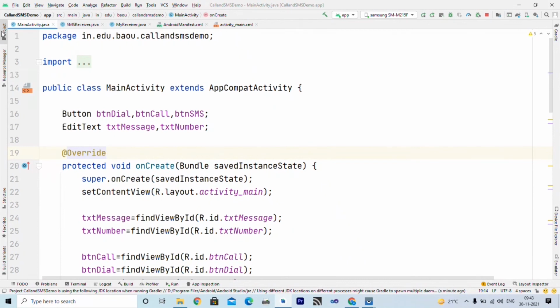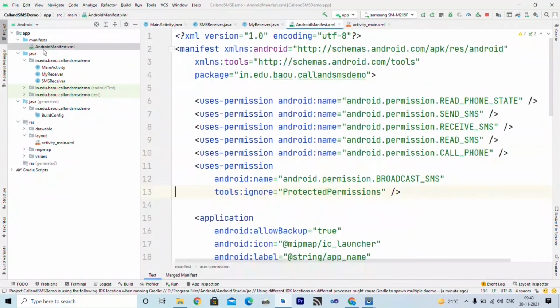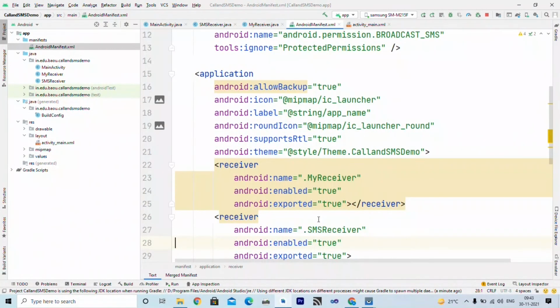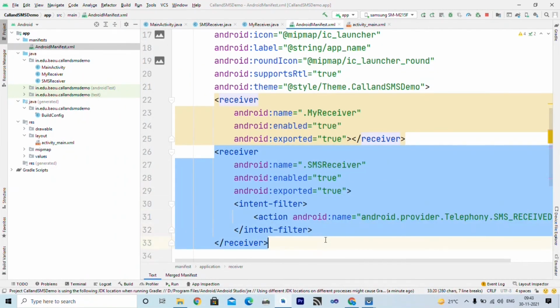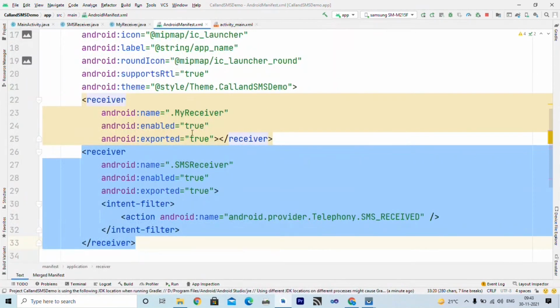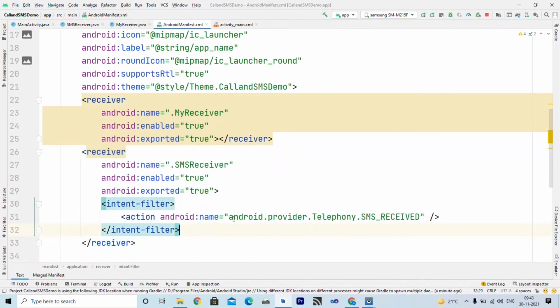If I go to the manifest file, you will see we have declared this receiver, or it is automatically registered when you create the receiver. Inside the receiver you have to declare one intent filter, and its action is SMS received.